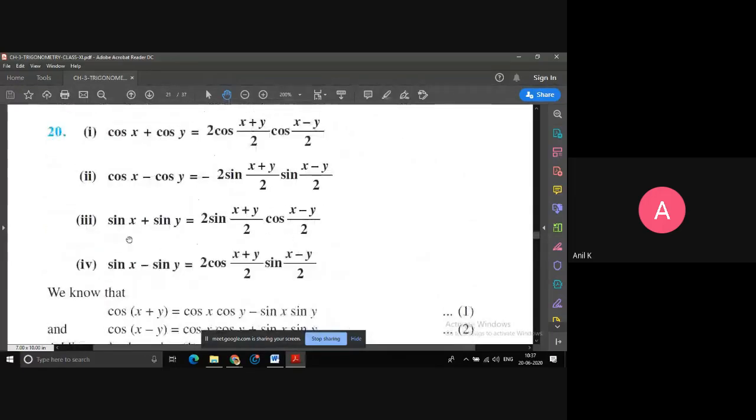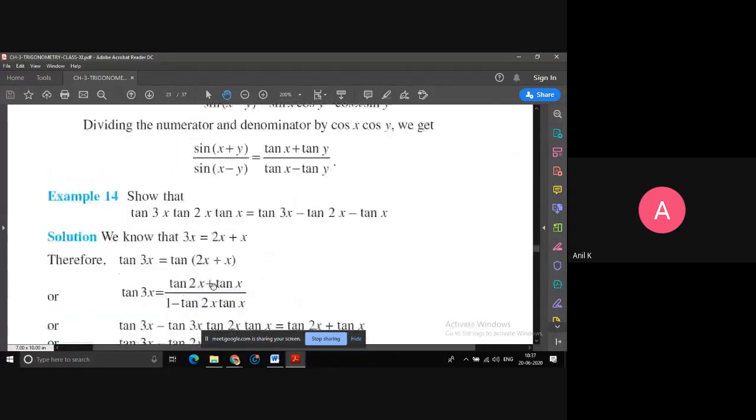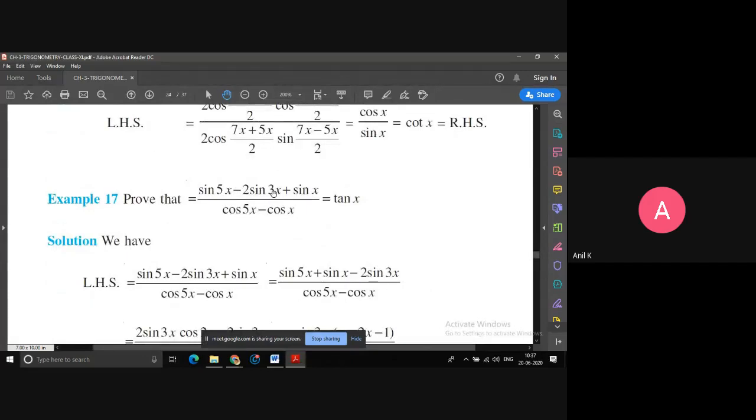Yeah, here it is. You have sin x plus sin y, or sin x minus sin y. I don't have something like sin x minus 2 sin y, sin x plus 2 sin y, or plus 3 sin y. If any constant is there, like in this example, I have minus 2 sin 3x, so I'm not going to apply the formula for the first two terms.